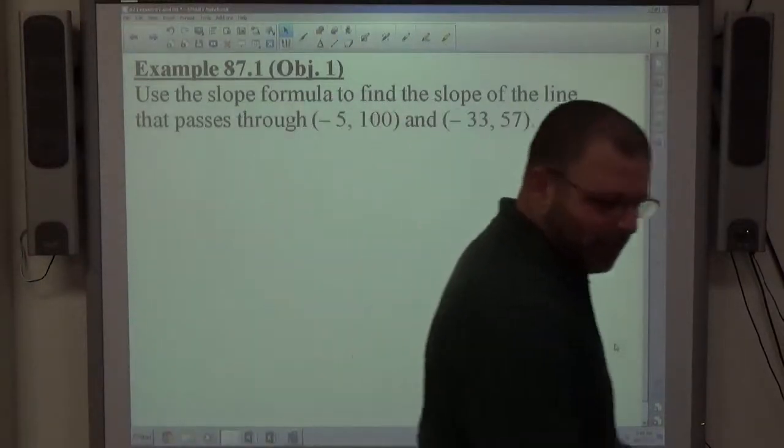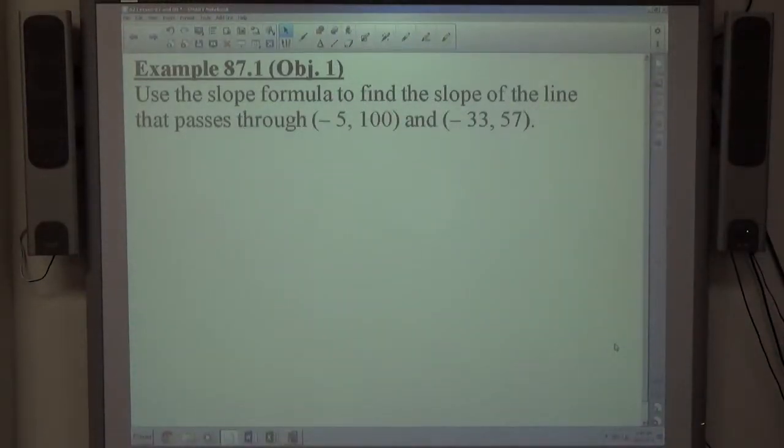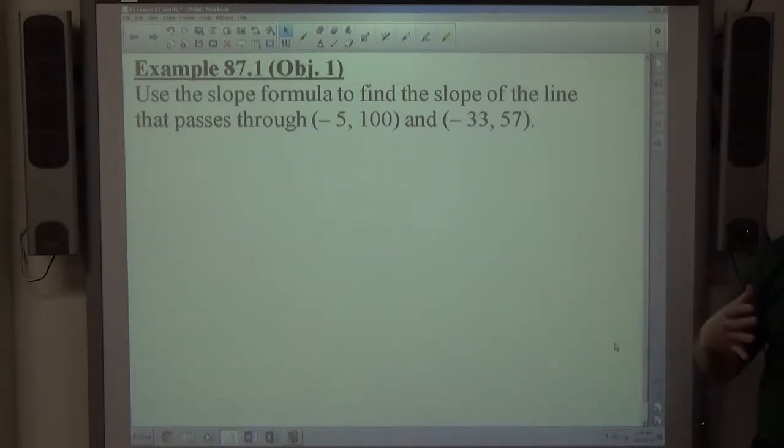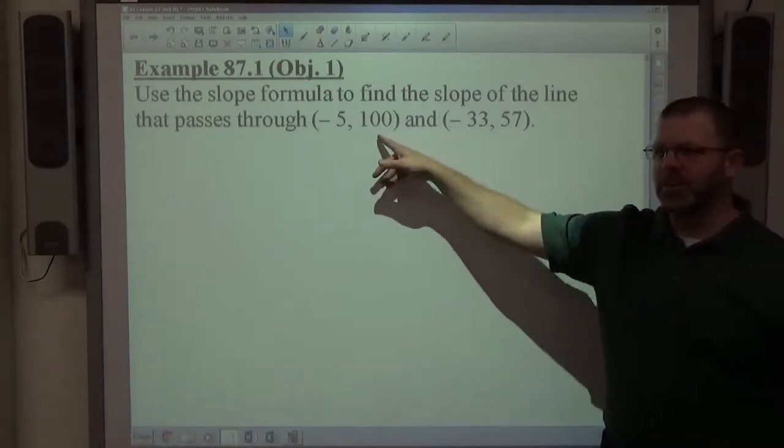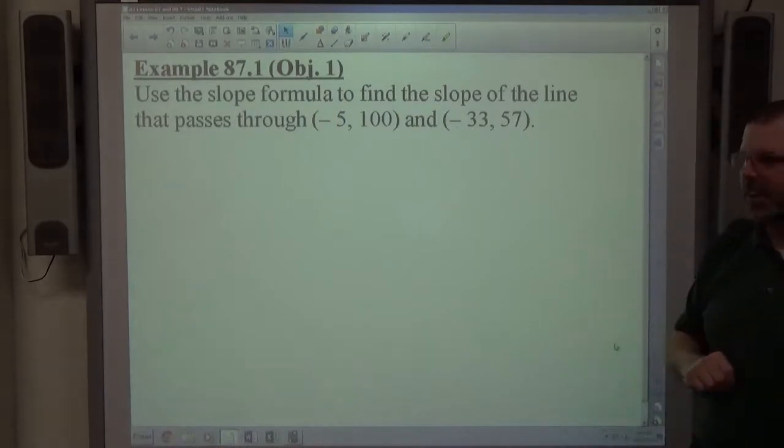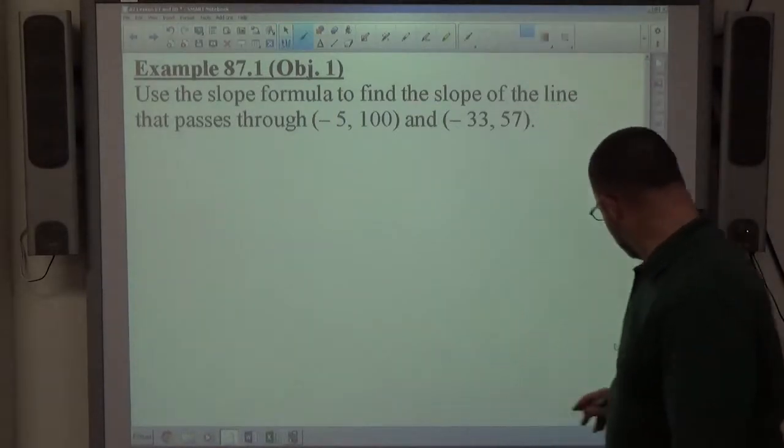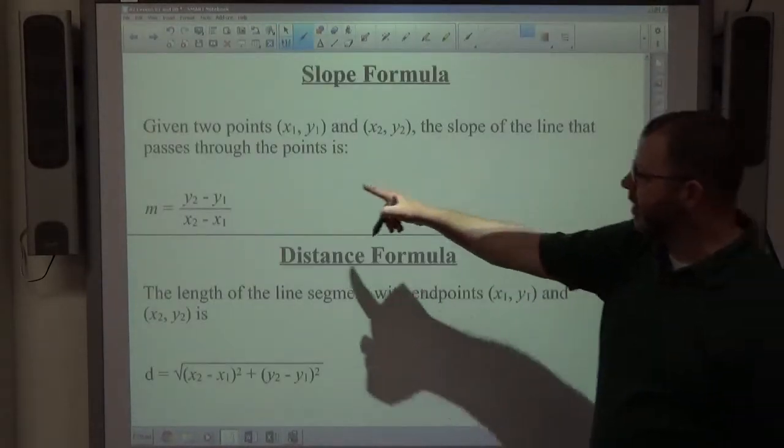Lesson 87.1, slope formula: find the slope of the line that passes through the points (-5, 100) and (-33, 57). I've already been using the slope formula quite often, and I already showed it to you guys. The initial time we did slope, we plotted the points on our graph paper and did rise over run. If you have to plot these points, you don't want to do rise over run, because that's just ridiculous. So the slope formula, as written on the yellow sheet that I passed out,